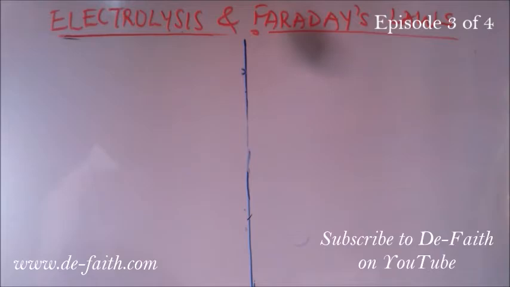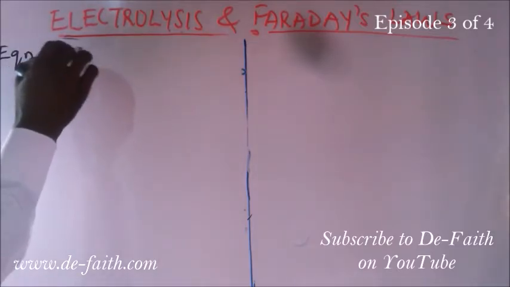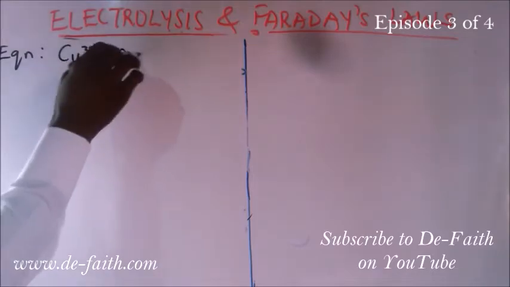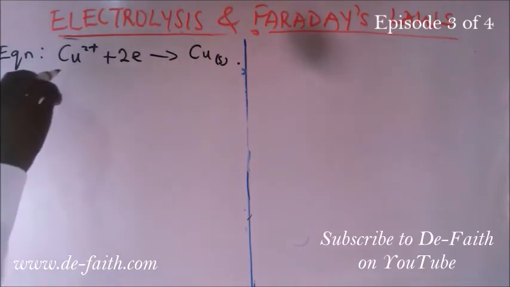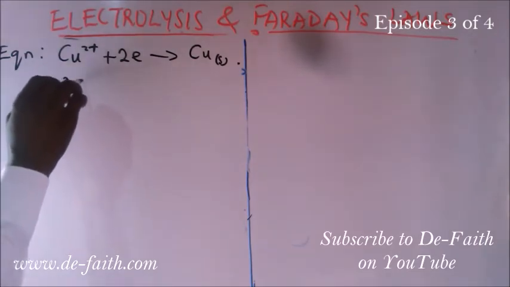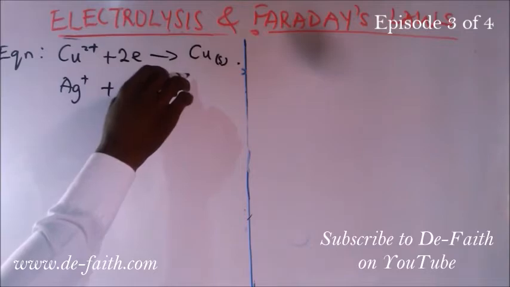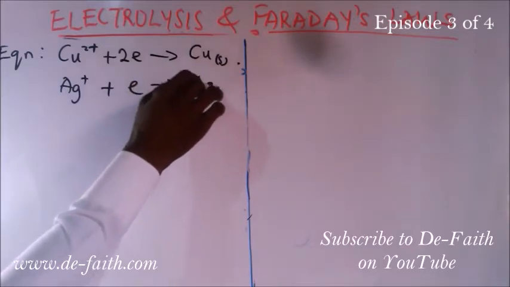The same quantity of electricity passed through the two of them. So when electricity passed through copper, it produces 0.08 gram. And when that same electricity passed through the second one, it will produce its own mass based on the charge on the element. So let us take it first like this. We need to get the equation of the reaction. The first one, we have Cu2+ plus 2 electrons, and we have our copper solid which is deposited. And then we have silver: Ag+ plus 1 electron produces Ag solid.